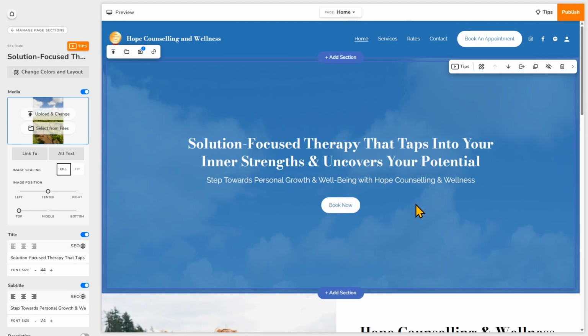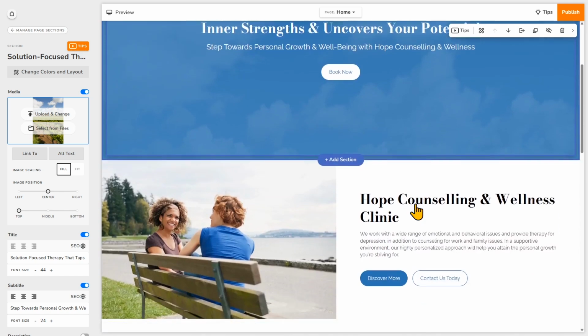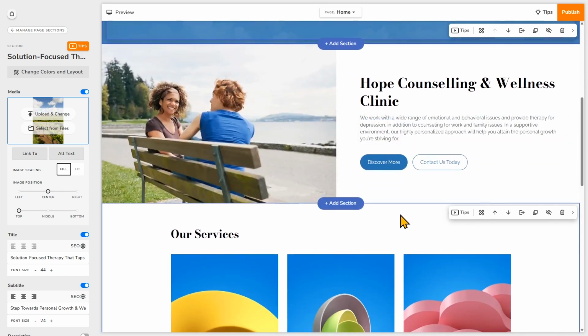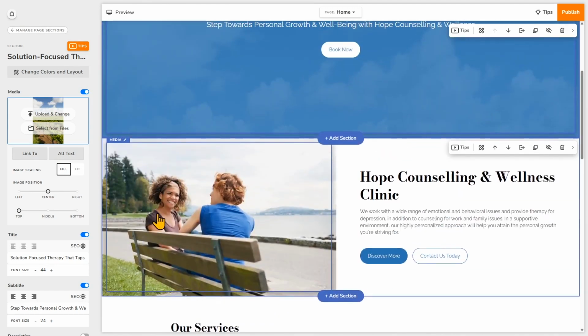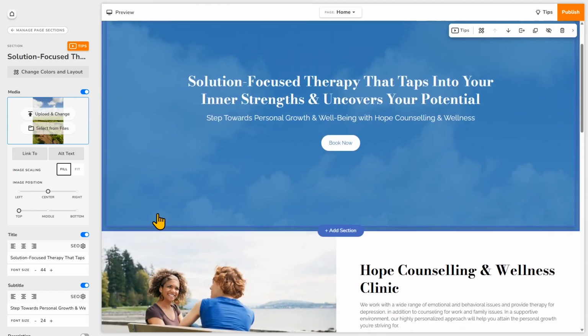Next, don't be afraid of empty space. White space gives your content room to breathe and makes your layout feel clean and elegant. So you'll see we have a lot of white space here. Having the space feel cramped is a turnoff to users, and you might be tempted to keep visitors informed by putting as much information as you can on your website. But having too much text and too many design elements can overwhelm your visitors, so they aren't able to take in any information.